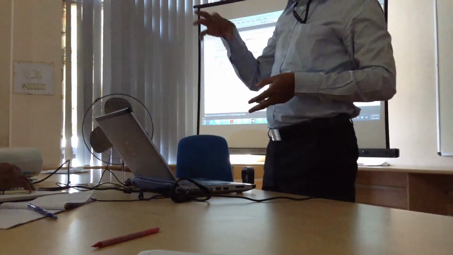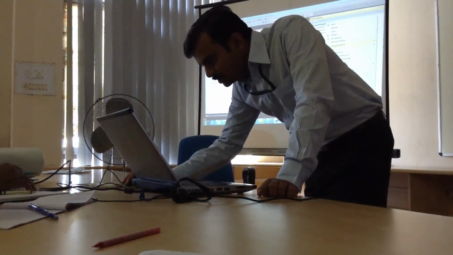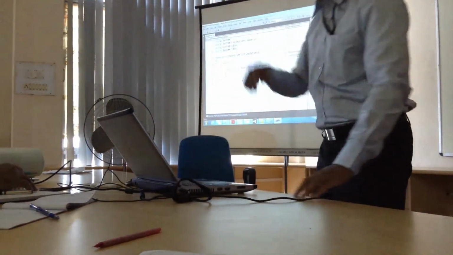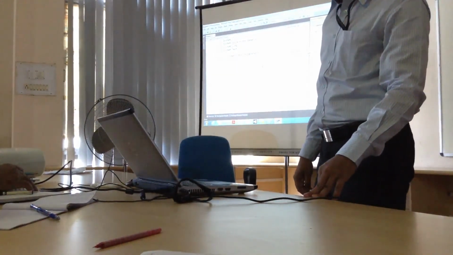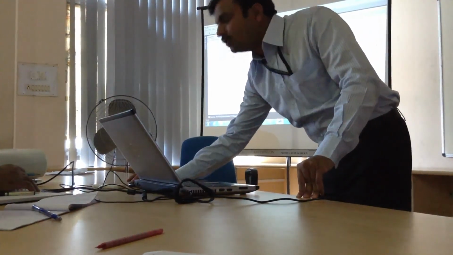I can create my classes based on my database. So we need to use this Entity Framework reverse engineering code first, which you need to install on the machine.